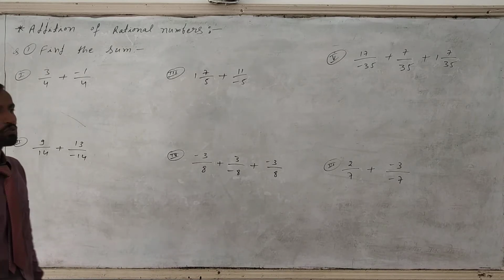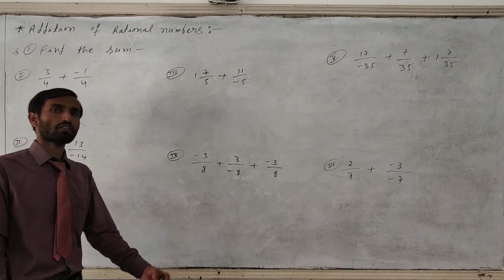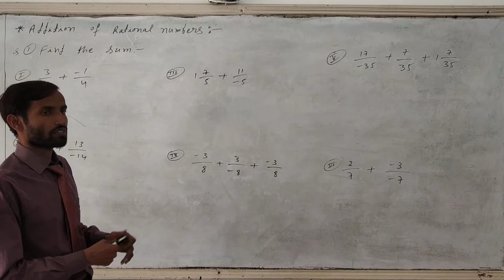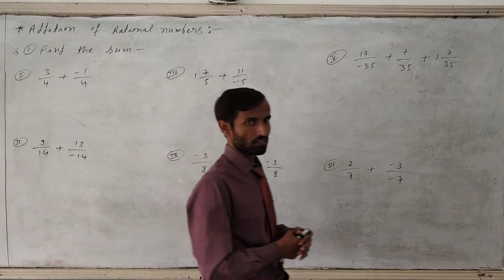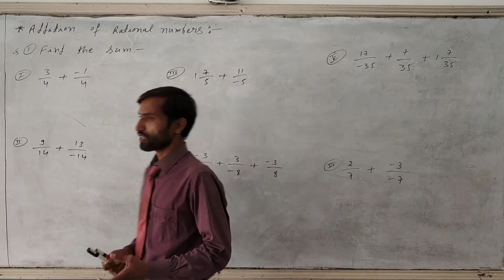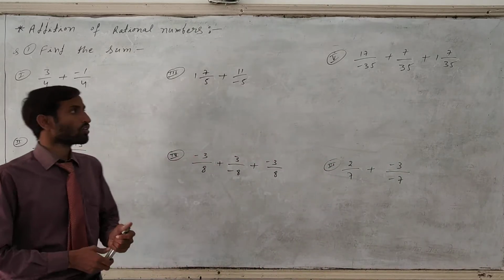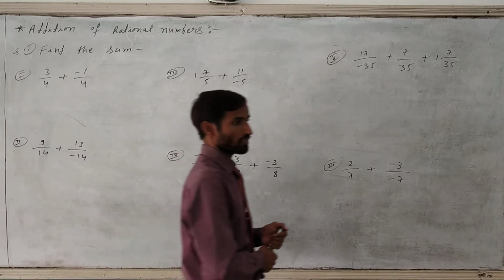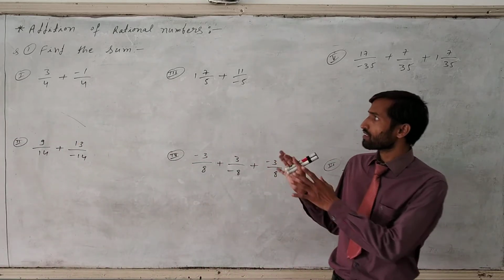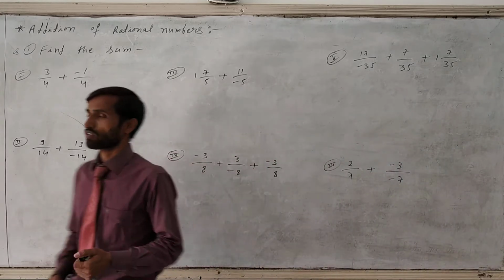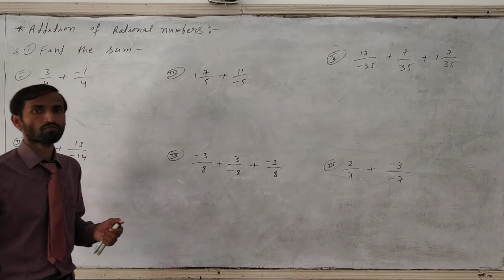In that we have to do some operations, meaning addition and subtraction of the given rational numbers, two rational numbers or three rational numbers in addition. In subtraction we have to subtract two given rational numbers. Like that we have to do in exercise 3C of the rational numbers chapter. I have taken some examples based on the extra practice 3C.